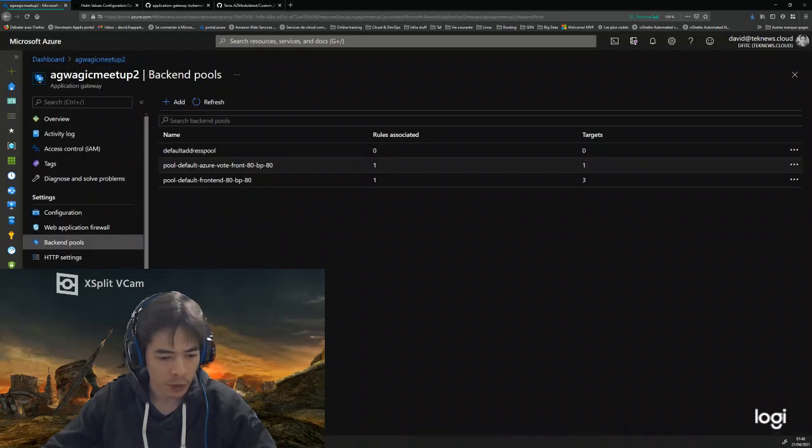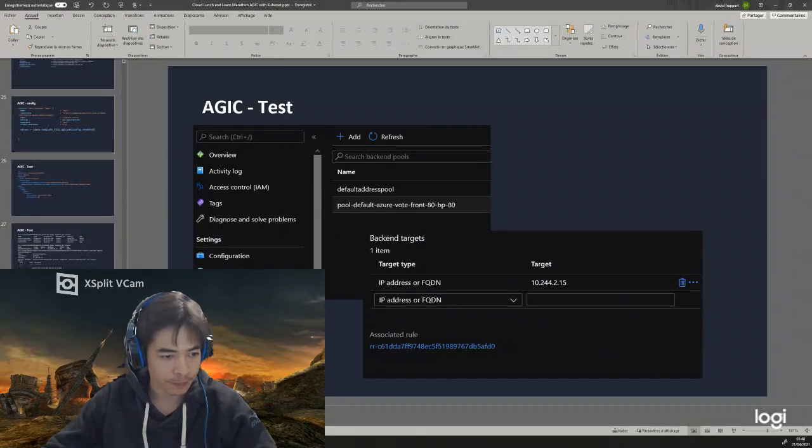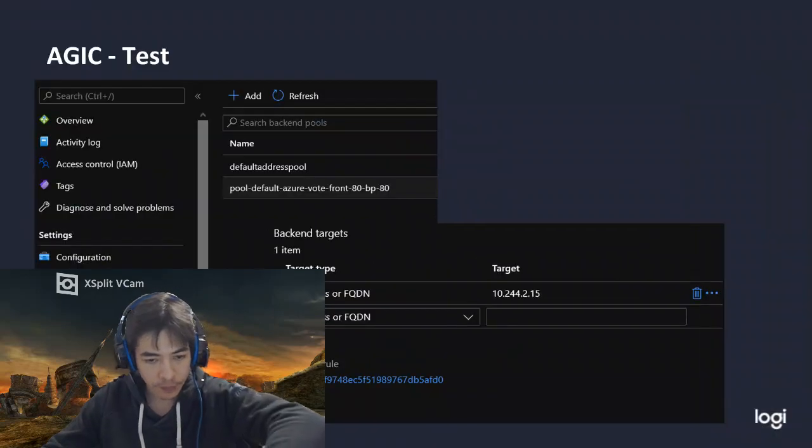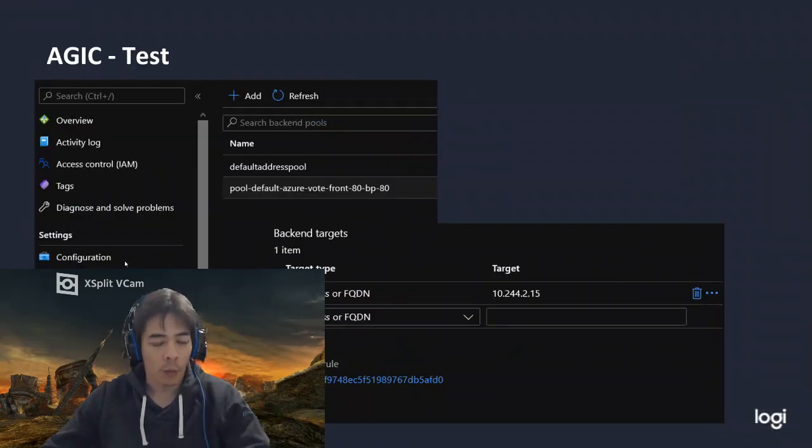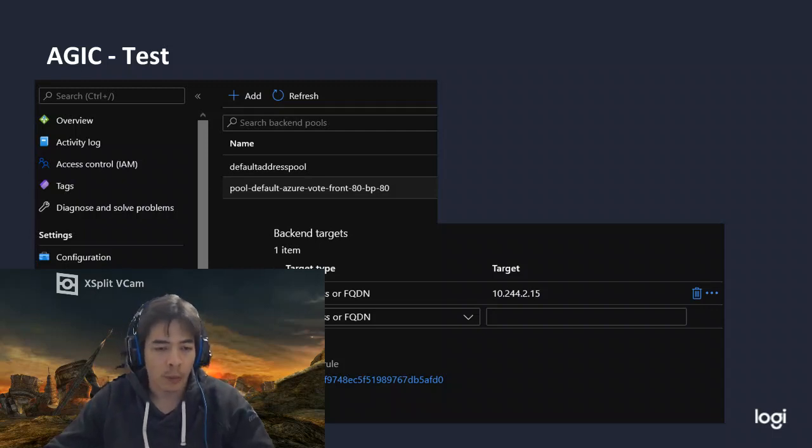So let's switch back to the slide and conclude now. Once we have configured the application gateway as an ingress controller, we are able to deploy ingress objects. I deployed two different examples, but each time with a certificate which was already installed on the application gateway. There are other solutions.